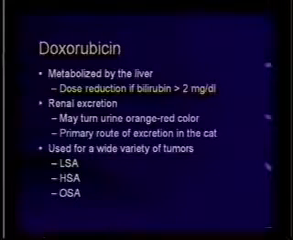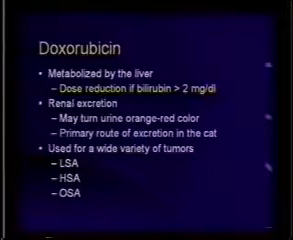Doxorubicin is probably the most commonly used antibiotic chemotherapeutic agent. It's metabolized by the liver, and so it is recommended that in animals that have either biliary cancer or evidence of liver disease, that have a bilirubin that is greater than 2 milligrams per deciliter, that you reduce the dose by 25 to 50%. It is excreted by the kidneys,